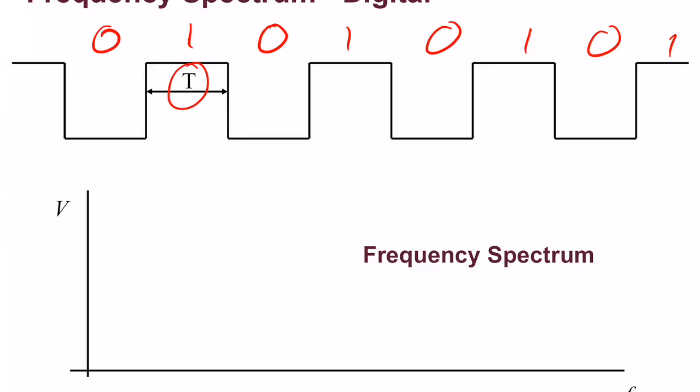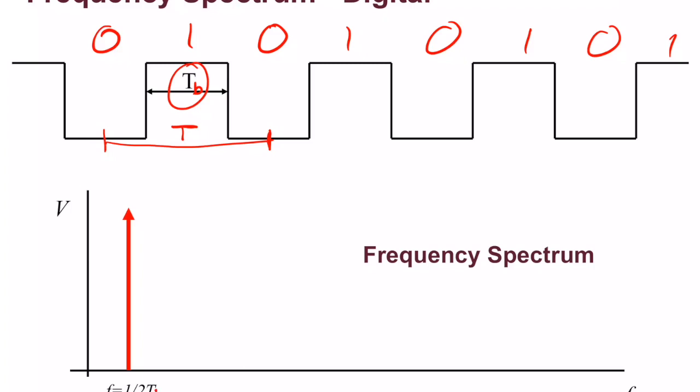So we know if we look at the frequency spectrum, we'll have a fundamental frequency, and that fundamental frequency is going to be given by the period of our square wave. And we have to be a bit careful here in that the period of our square wave is not the same as our bit period. So maybe I should call this TB for the period of a bit, and we have big T, which is the period of our square wave, because the period of our square wave now covers both a 1 bit and a 0 bit, because that's how often it repeats. So compared to TB,